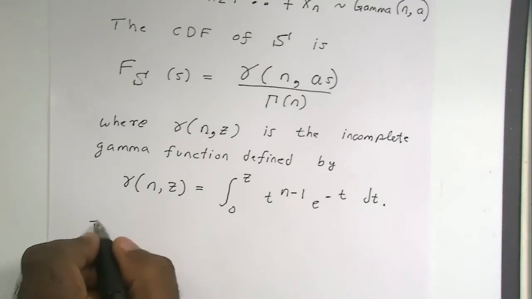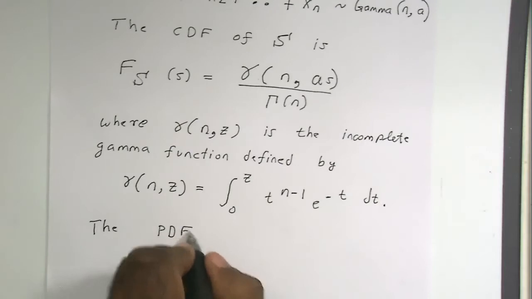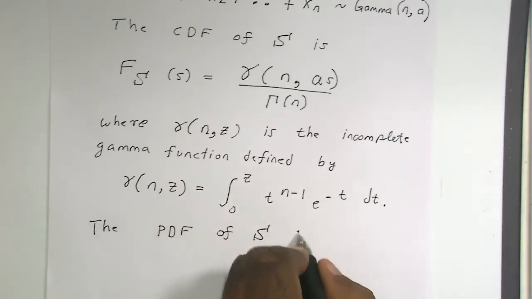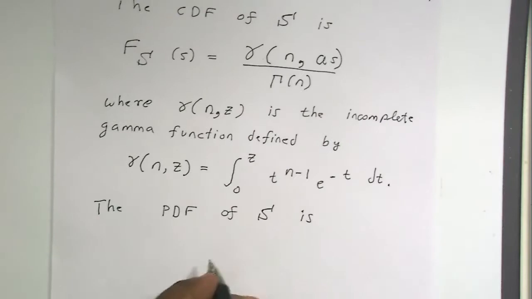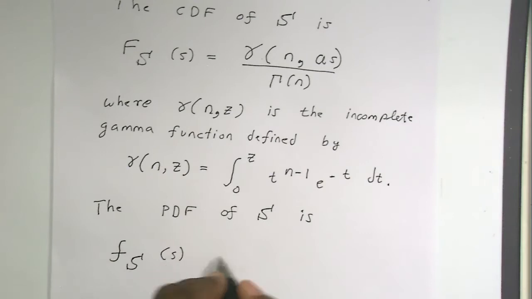I'll get back to that later, but let me write down the PDF also. The PDF of S is just simply the density of the gamma distribution, which is